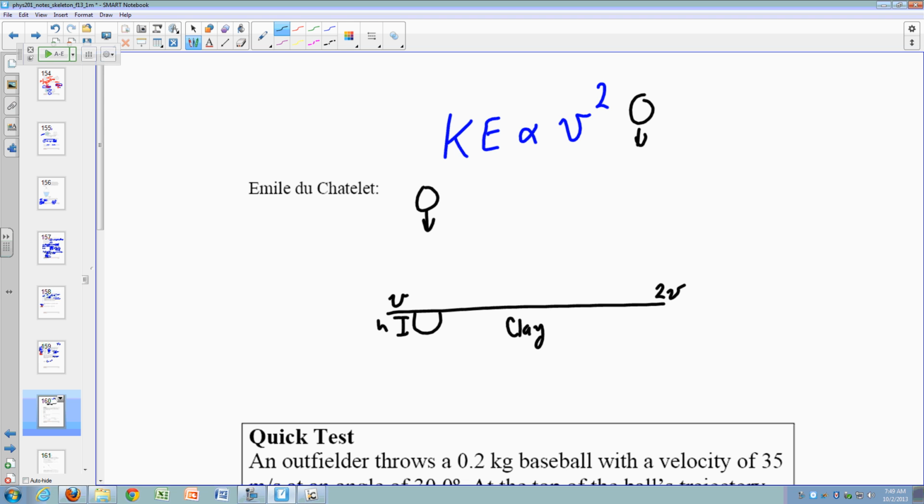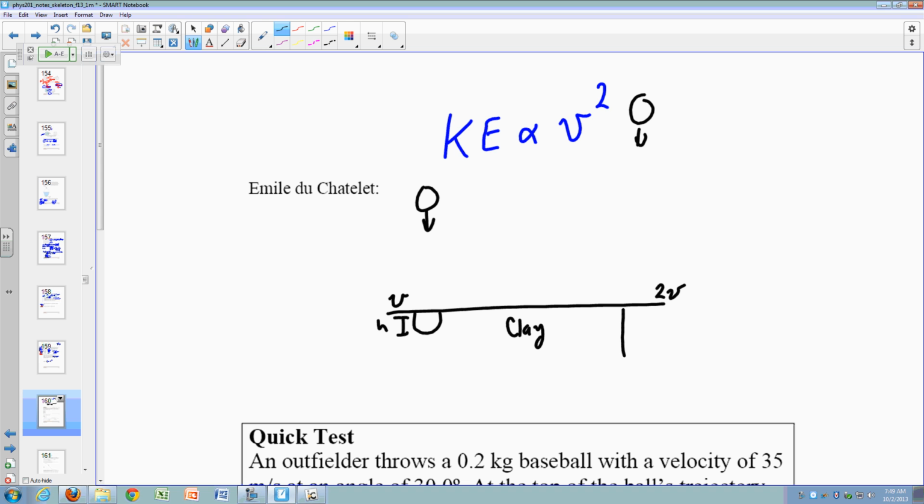So if the ball hits at 2v, how deep is the indentation going to be? Is it going to be twice as deep? It's going to be 4 times as deep, because the depth of the indentation is proportional to the energy of the ball, and it has 4 times the energy. And so she showed from this